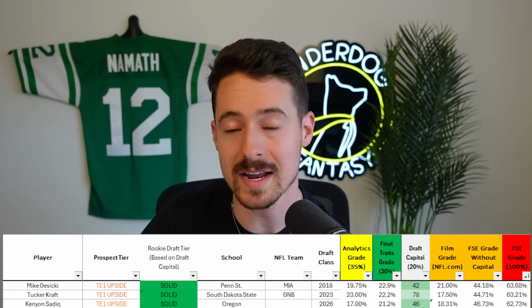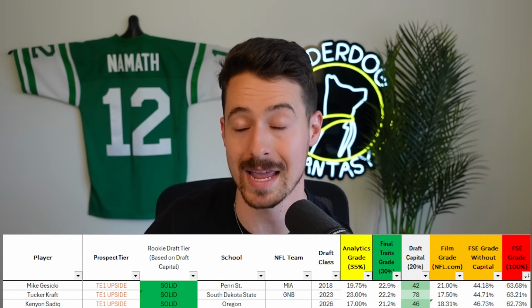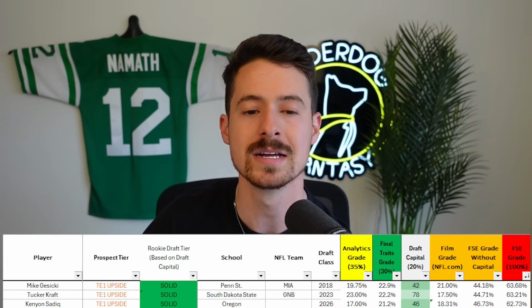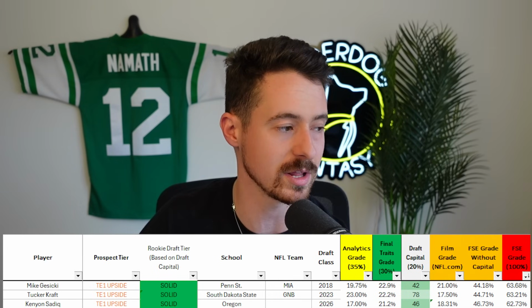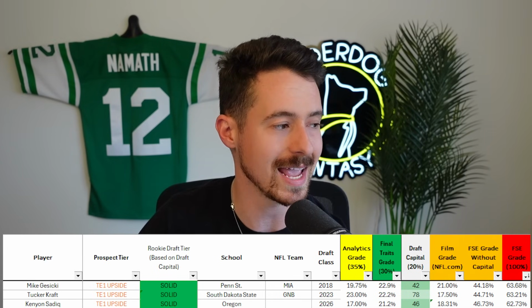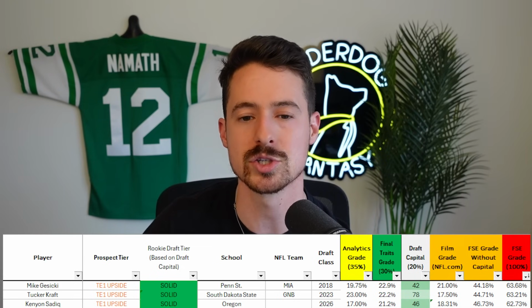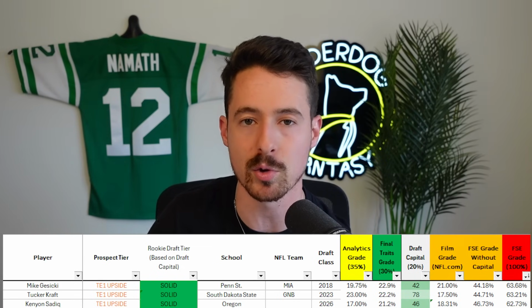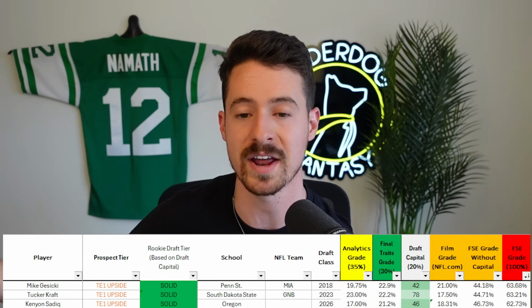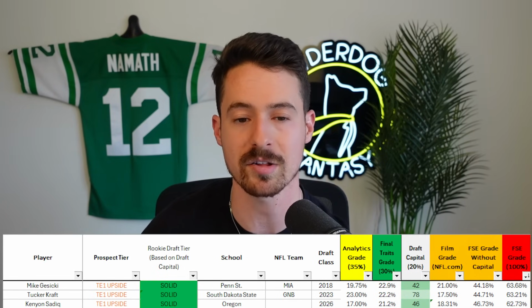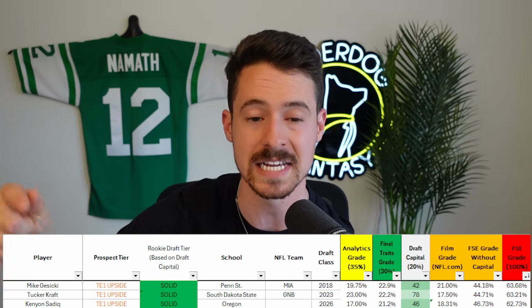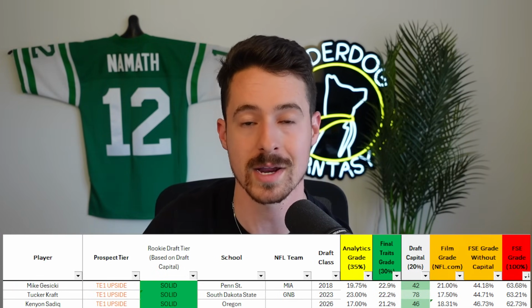He is the only tight end 1 upside prospect in the class. And to give you guys a reminder, tight end 1 upside prospects, generally from like a hit rate standpoint, are going to hit about 57% of the time. They'll give you like a top 6 to 8 season. So you're looking at pretty good prospects, like both Tyler Warren, Colston Loveland, and Harold Fannin were all tight end 1 upside prospects. The only problem is they were like higher up on the list. So he would have been tight end 4, Kenyon Sadiq, projecting forward in this year's class.